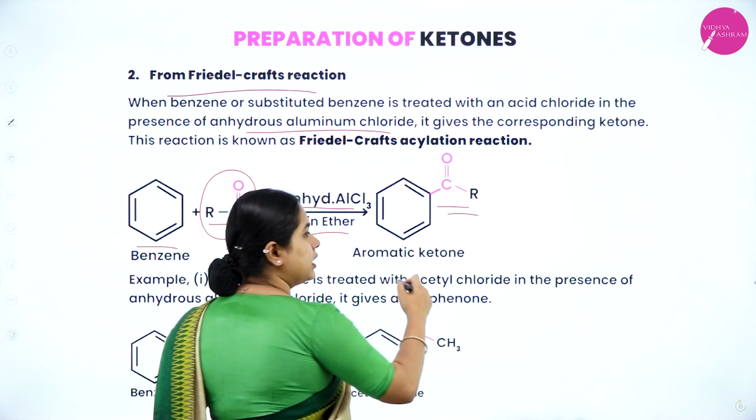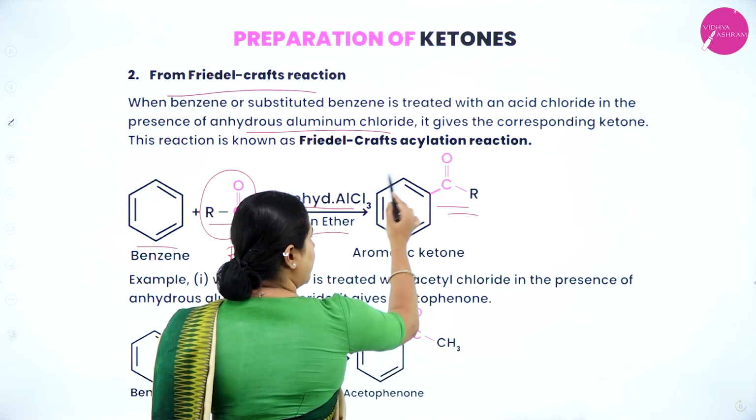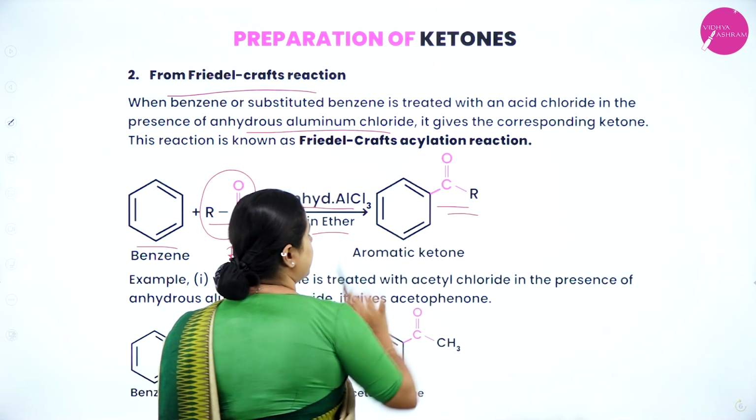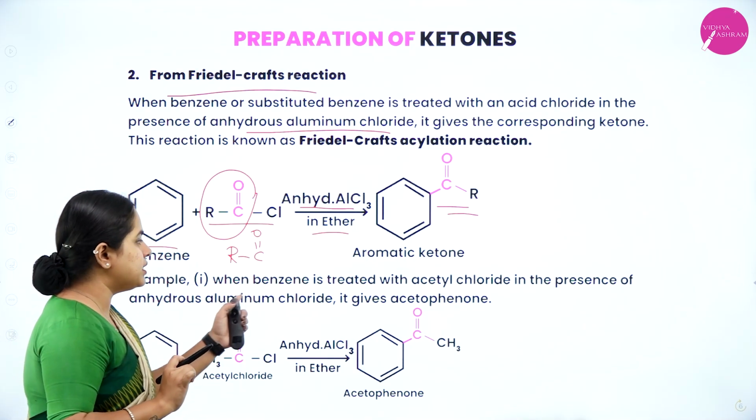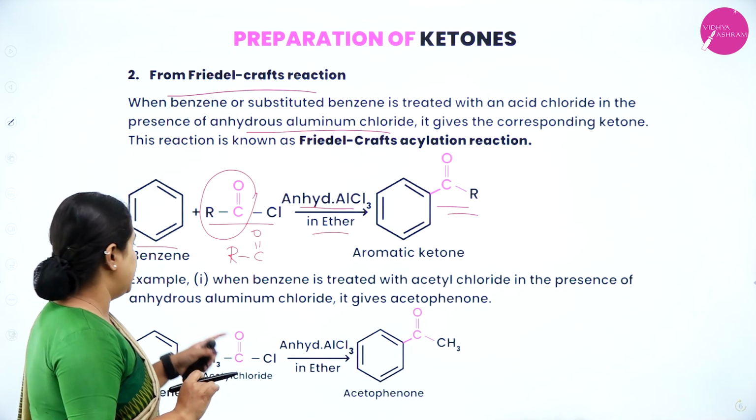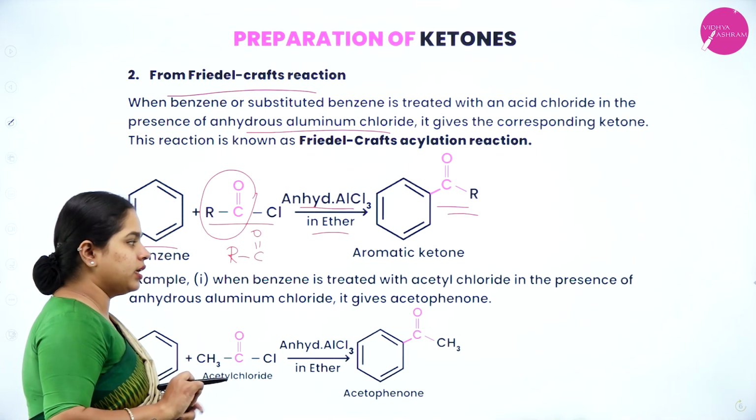This is an alkyl aryl ketone. That means you have an aryl group, you have an alkyl group and a ketone here. So this is again a ketone. Clear? So now, for example, when benzene is treated with acetyl chloride in the presence of anhydrous aluminium chloride, it gives